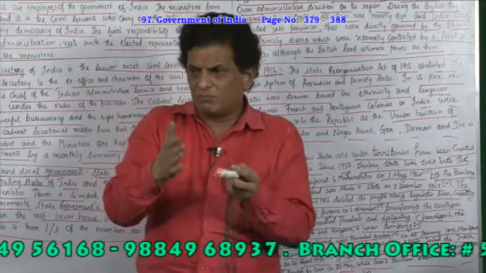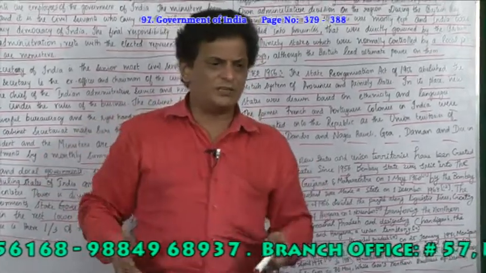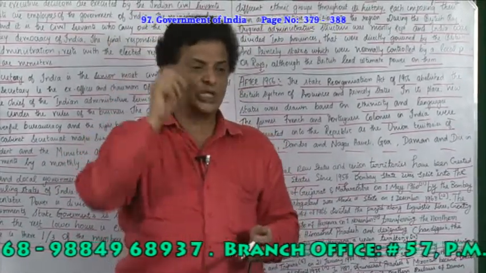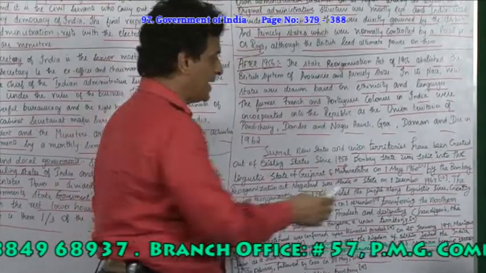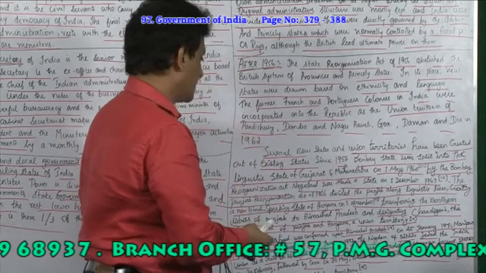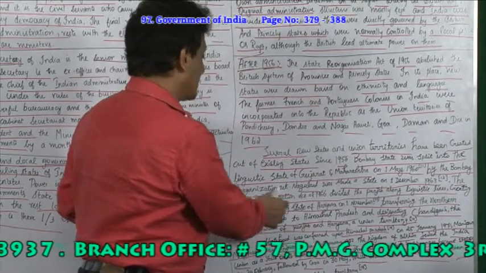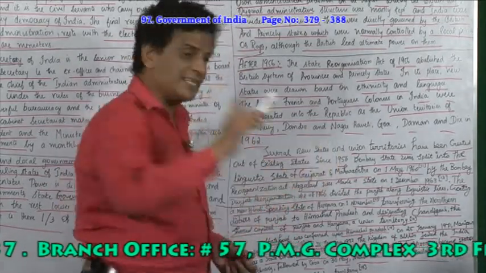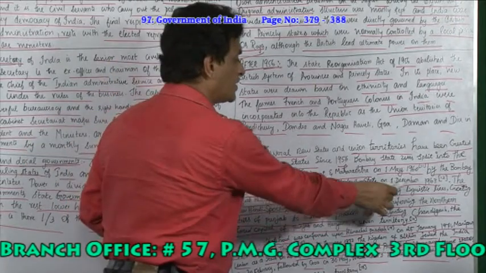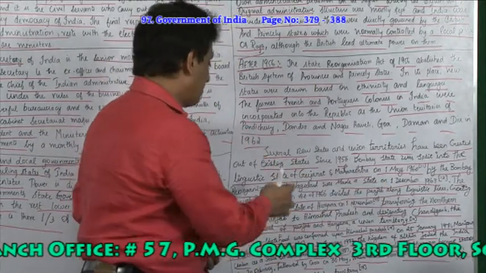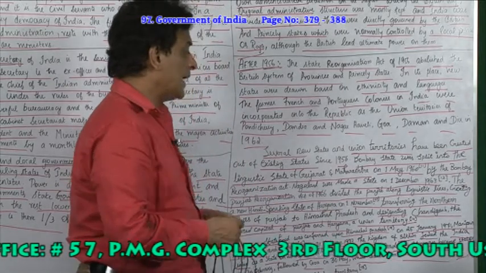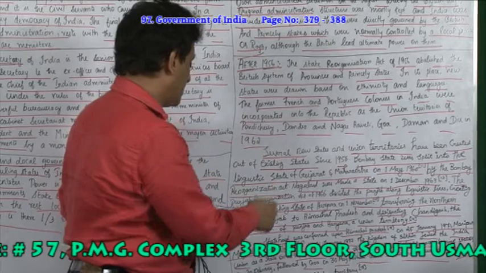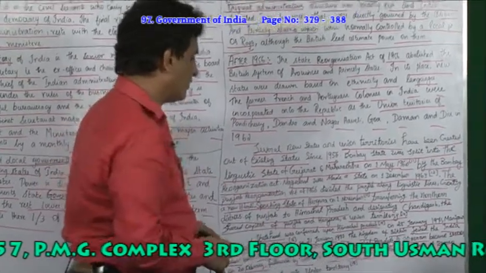You know, Bombay was divided into two, Gujarat and Maharashtra, in May 1960 by the Bombay Reorganization Act. Nagaland was made a state on 1st December 1963. The Punjab Reorganization Act of 1966 divided Punjab along linguistic lines, creating the new Hindi speaking state of Haryana on